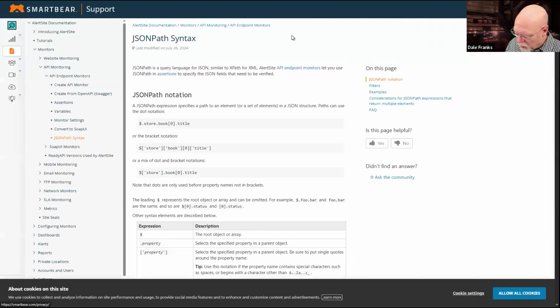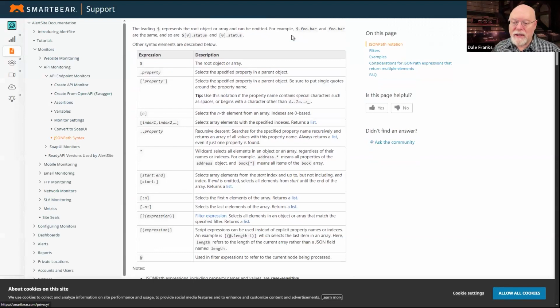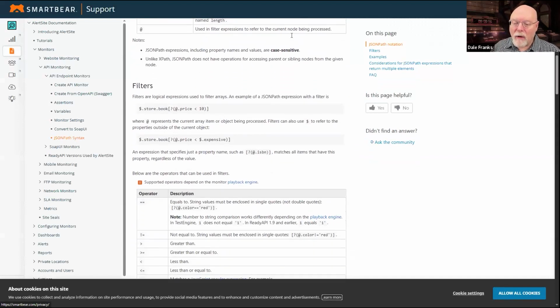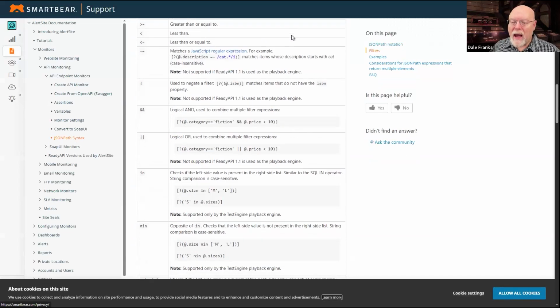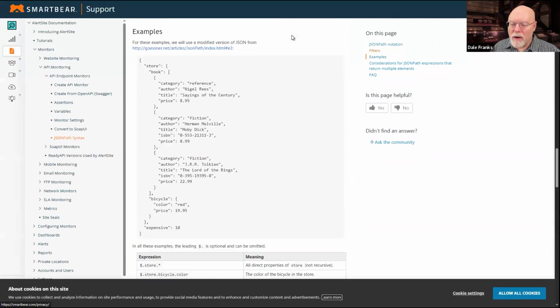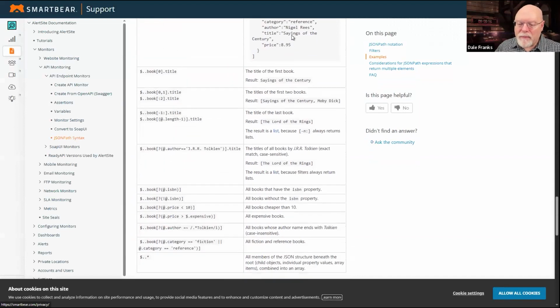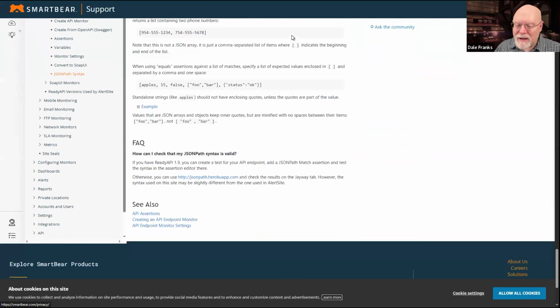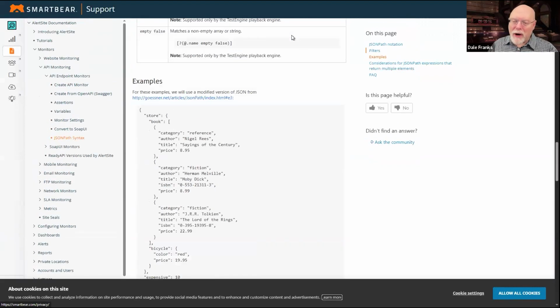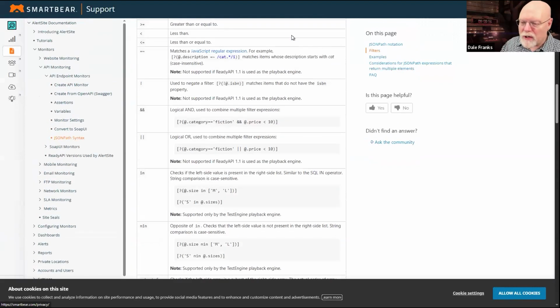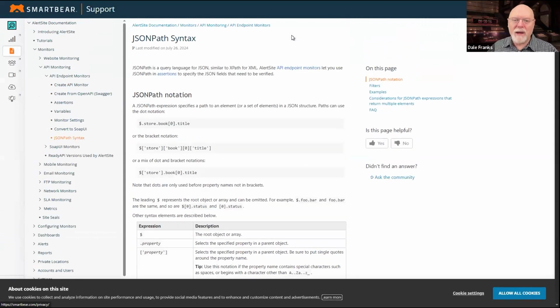Basically, it's a run through of JSON path syntax and how filters work in JSON path, and also several examples of how to use expressions in JSON path. So it's got everything you need for 99% of what you're going to do in this document at SmartBear.